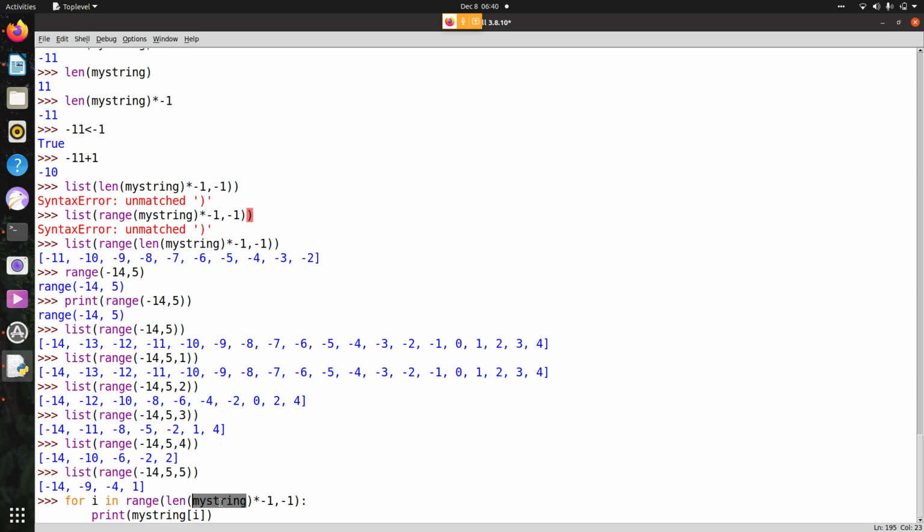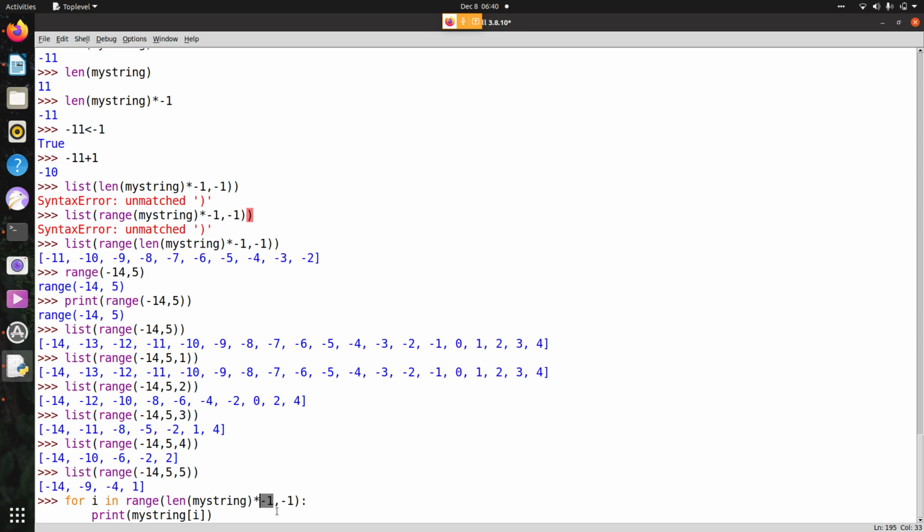My string is the variable that is holding my characters. Now what I am saying, len of my string, that means total number of characters, into minus 1.